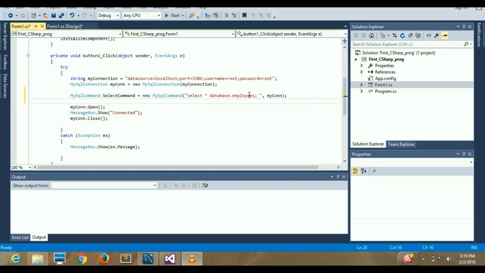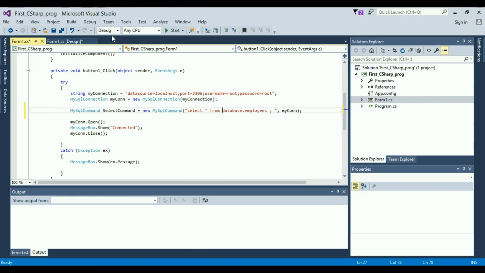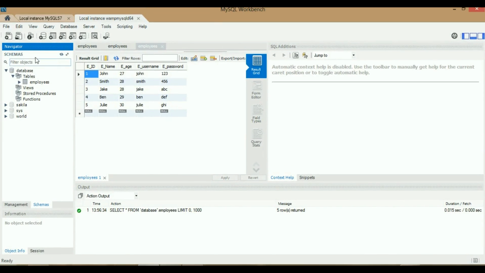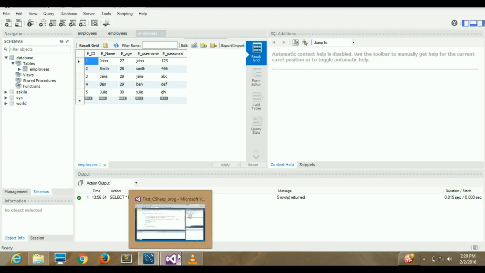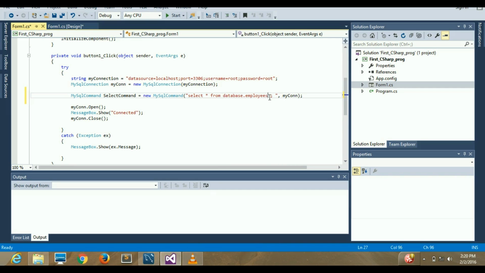So I'm gonna write that query here. Select star from database dot employees, because database is my database. I have created a database named database, and it has a table named employees. So there it is, this is the table named employees. So I'm gonna write here a query satisfying the username and password. So select star from database dot employees, where